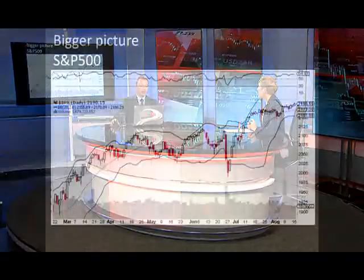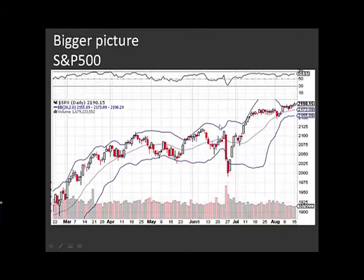That's right. So here's the chart of the S&P 500. And again, I've overlaid Bollinger Bands onto this chart. And the reason I've overlaid the Bollinger Bands here is to show you this narrowing of the Bollinger Bands. Have a look over there on the top right of that chart. What's happened over the last 6 weeks, really, is that the S&P 500 has been trading in a very, very